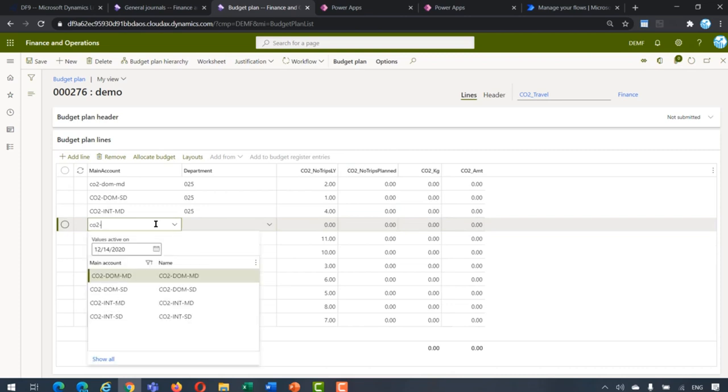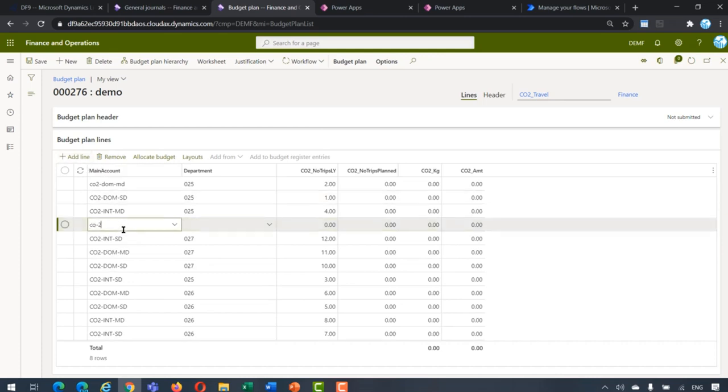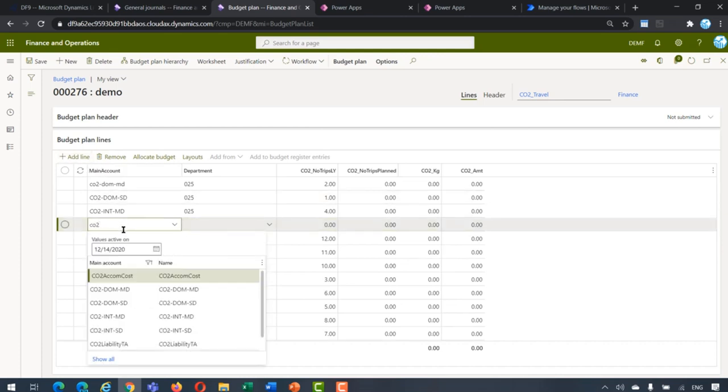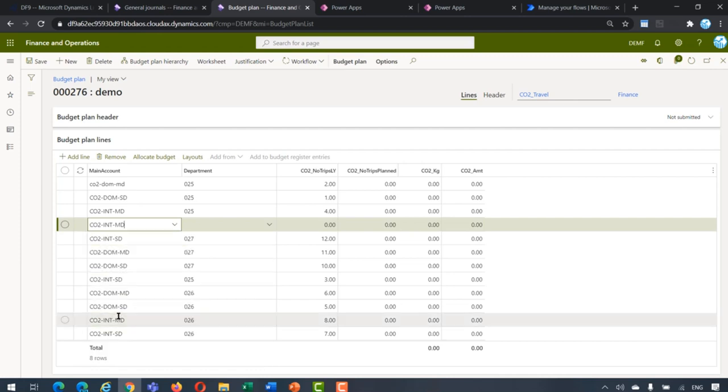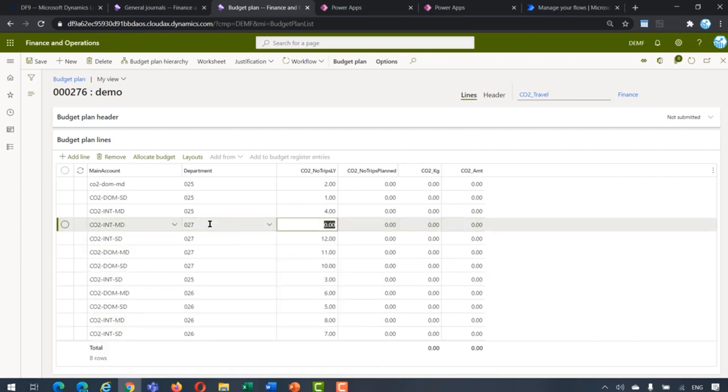Then I have a statistical account for international business trips for a single day. I enter here just 12. And then I have an account for international business trips for multiple days. And let's say we choose here 3. So that's basically what you have to enter. And then if I start the workflow here,